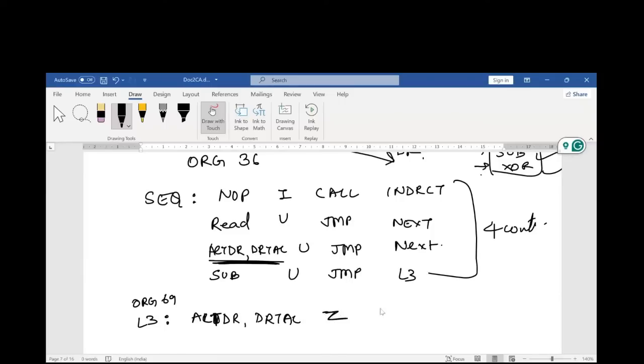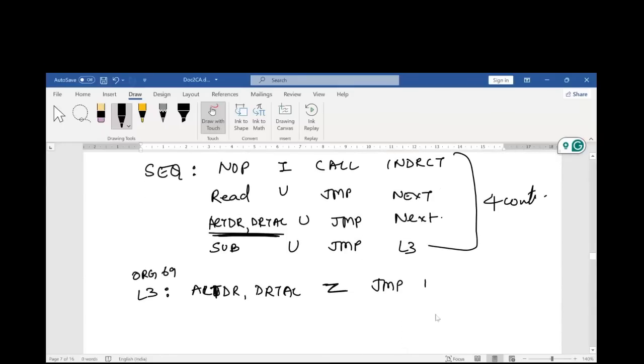Okay, so if Z is 0, then we have to make another label, equal. Let us make a label called equal. If Z is 1, then jump to equal. It indicates that the subtraction answer you got is 0. But if Z is 0, it will go to the next line. And in the next line what we need to do? Nothing. No operation. You jump,